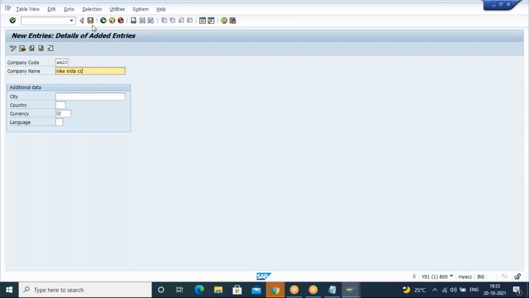But still, I am just clicking on the save button. Why? Because I want to see what error the system is going to throw. Now click on the save button and see what happens. Fill in all required entry fields. It means that this currency is a required field. Unless and until we fill something here, we cannot save our data. Now again click on the save button. If there are any mandatory fields again in this respective screen, it is going to throw an error, or it will take you directly to the respective field so that we can fill that mandatory field. Now click on the save button and see what happens.